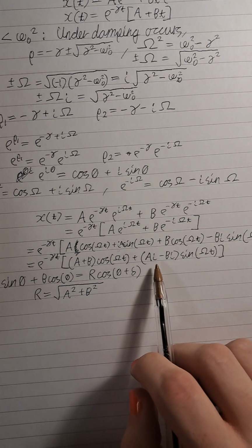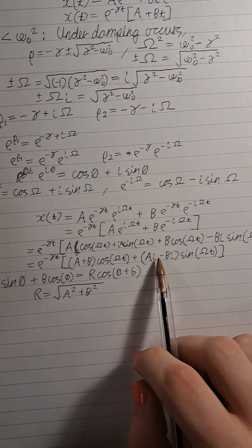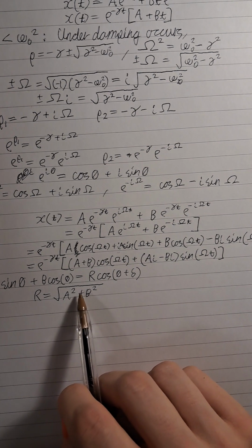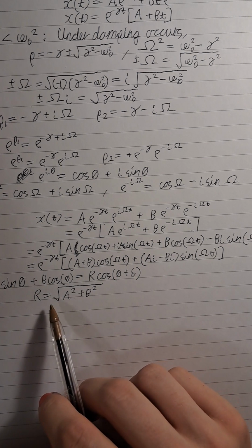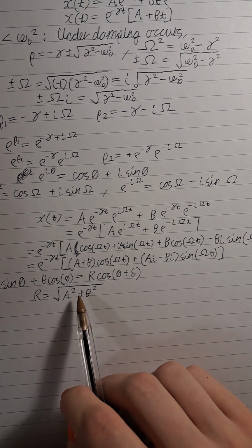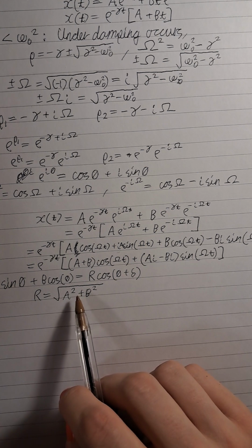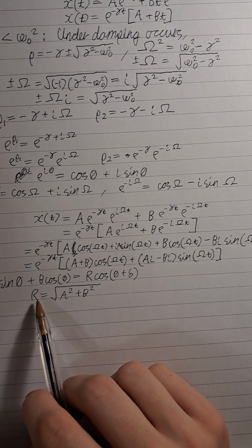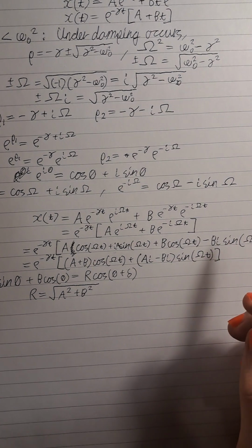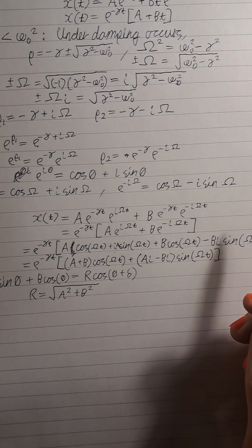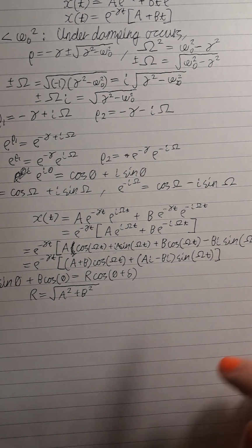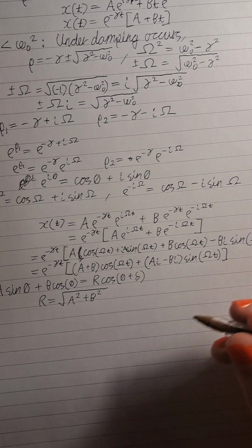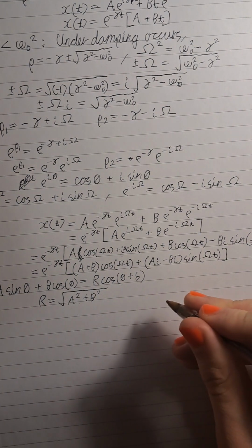So if we are squaring this value here, that's going to give us a real number, which means we're going to get a real number inside the square root, and it is going to be positive, which means that r is going to be a real number as well. It's not going to be a complex number. So we can write this whole term inside here as just a function of cosine,